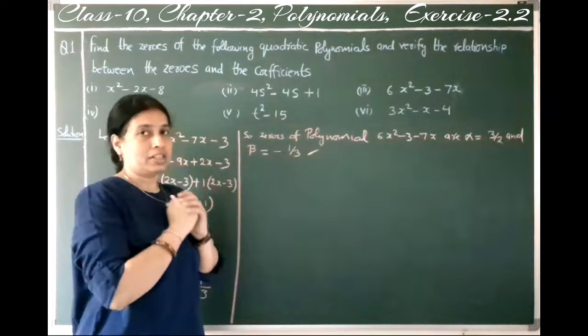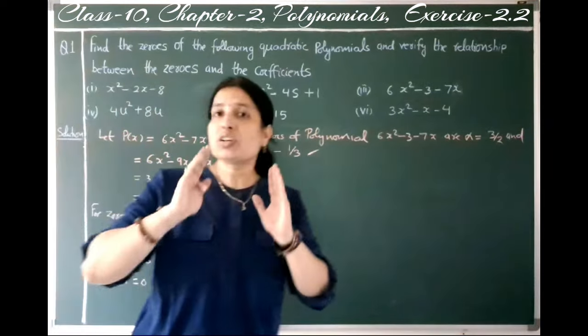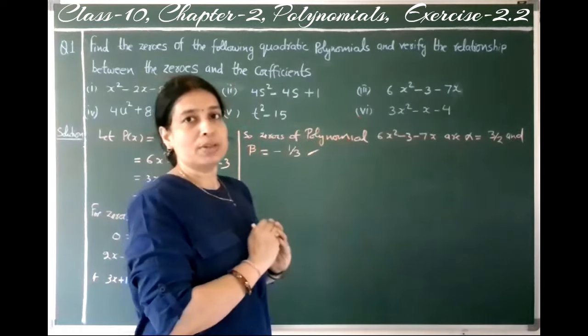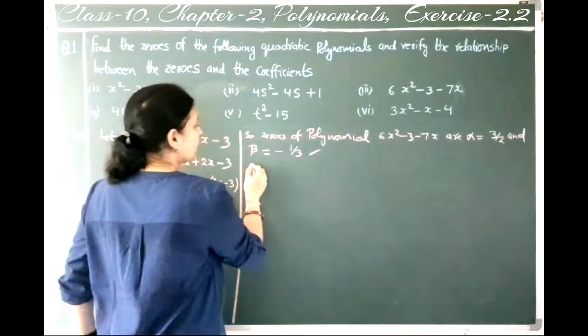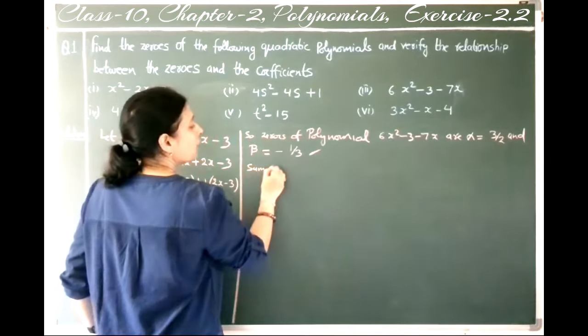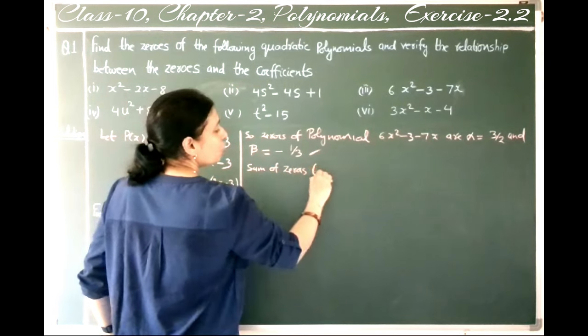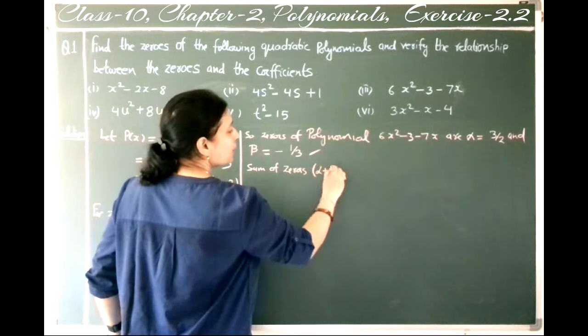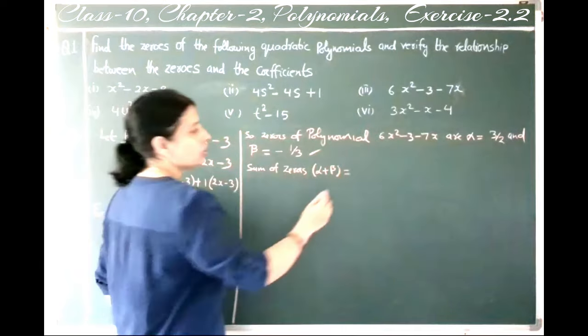This is our first answer. Now we have to verify the relationship between zeros and coefficients of this polynomial. So first we have to find the sum of the zeros. Sum of zeros, alpha plus beta, is equal to: alpha is equal to 3 by 2